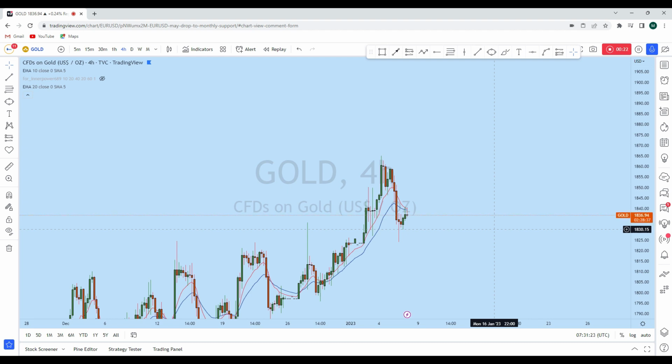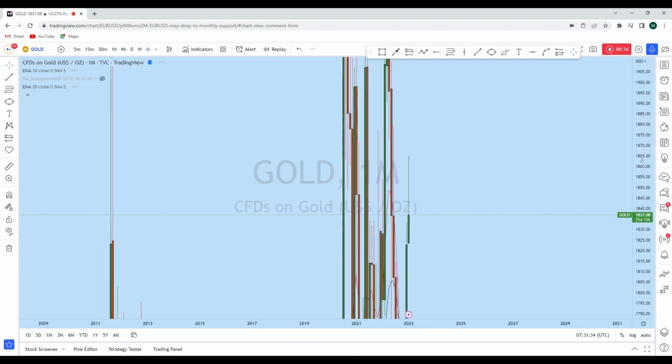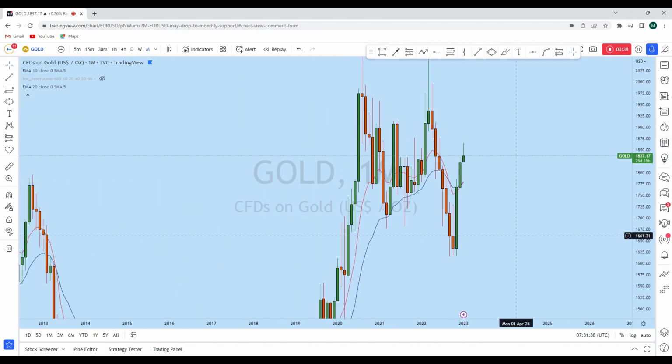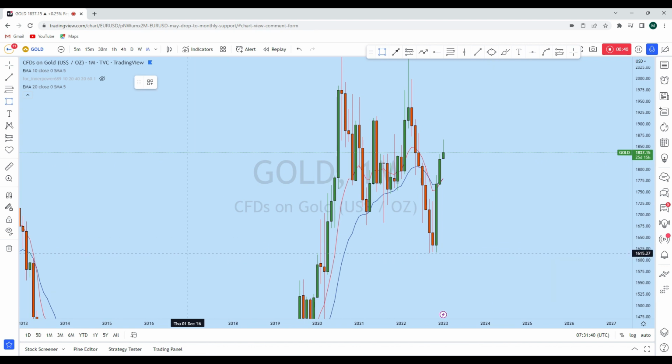Now, before we discuss how we can find this trading opportunity, let's look at the bigger picture to see the general direction in the market, and then we'll jump onto the lower time frame to see how we can find trading opportunity. Looking at the monthly perspective, after the bounce from this monthly level